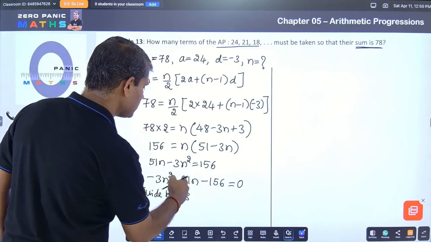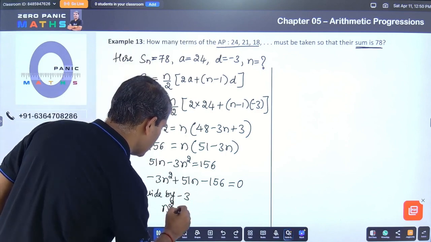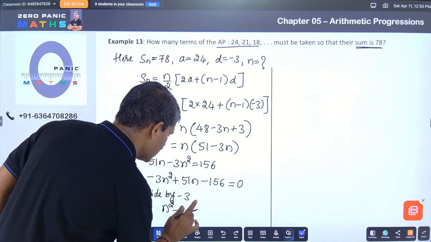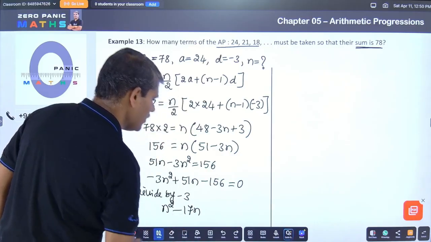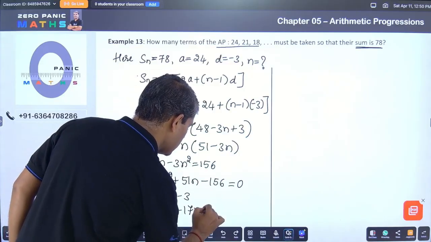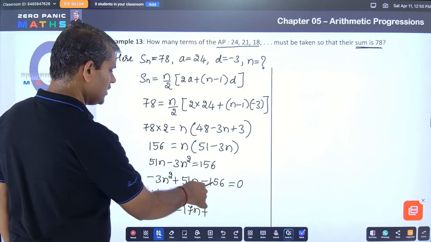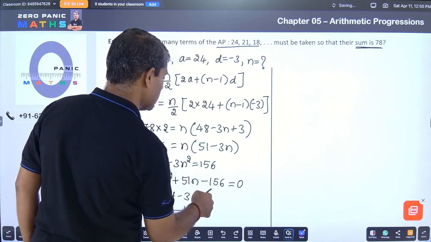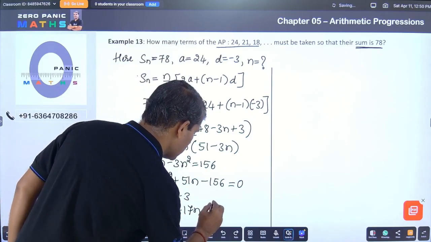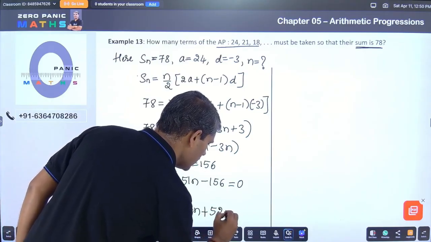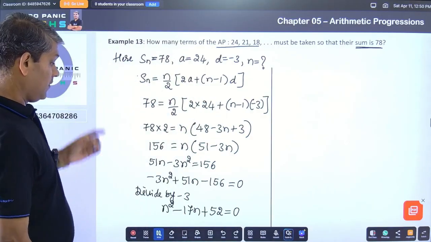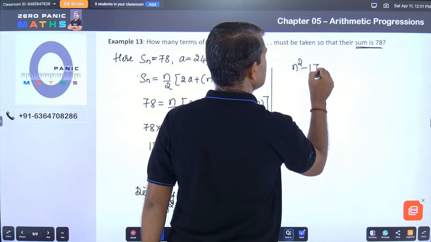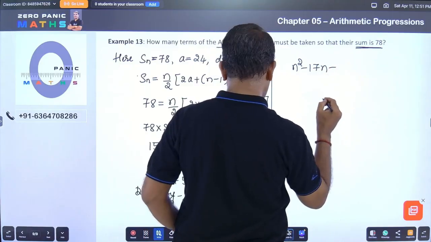What you will get is n square, and this is 17n, right? 17 3s are 51. This plus is going to be minus, and this minus will become plus, and this is 3. 3 5s are 15 and 3 2s are 52. Is it fine? The quadratic equation we got is n square minus 17n plus 52,